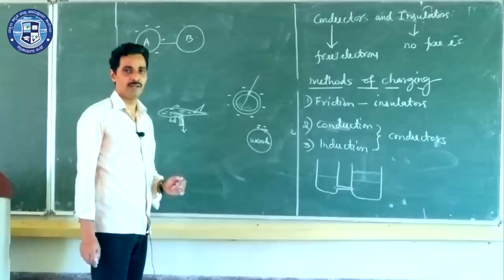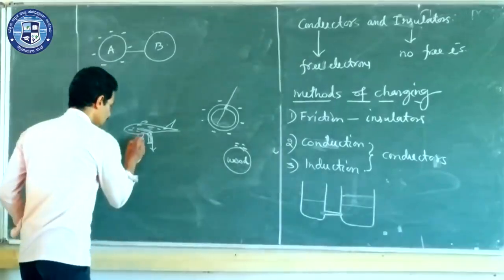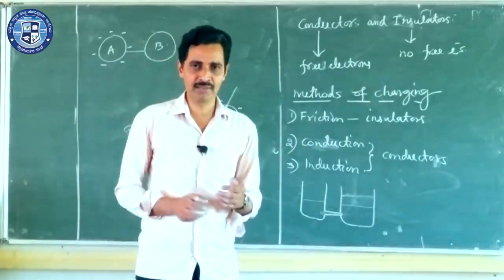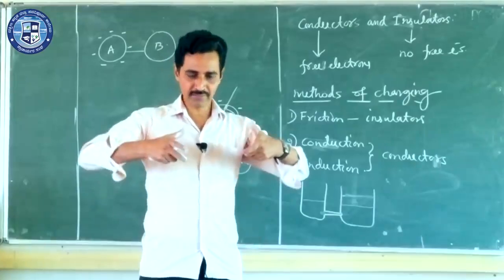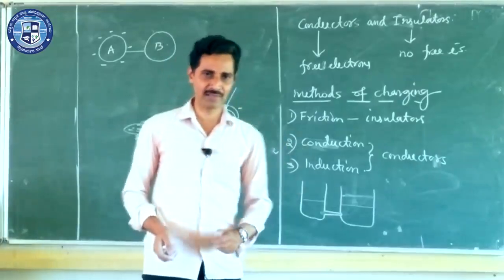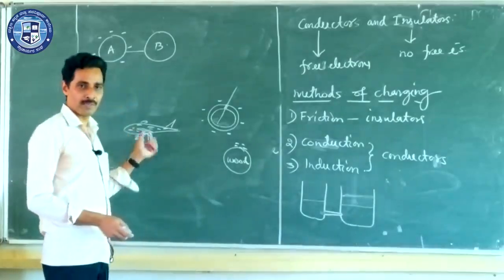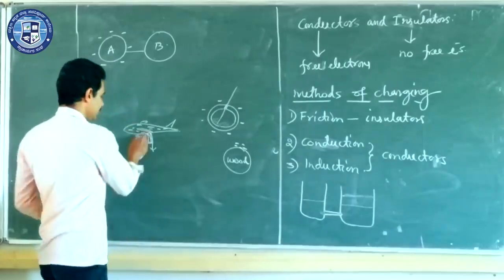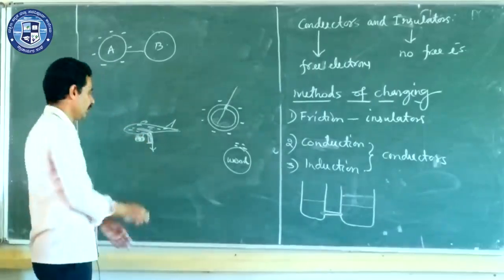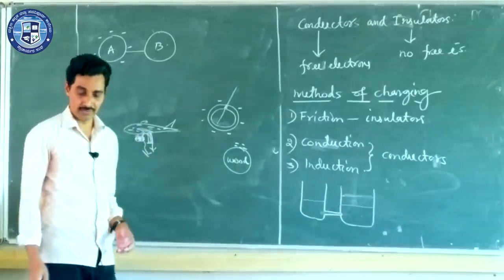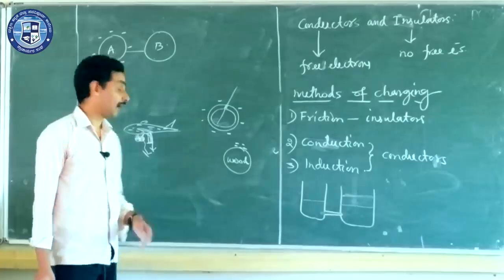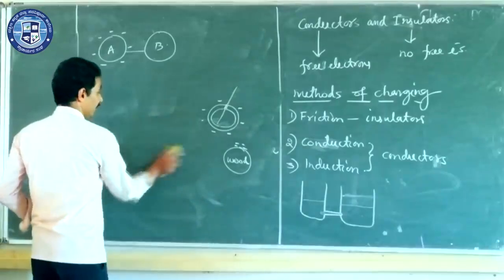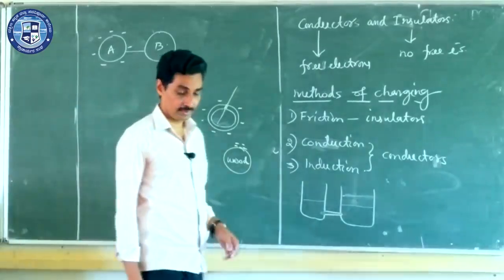So how to avoid this? People have avoided this by using wheels which are not only made up of rubber or something non-conductor. It is also mixed with a small amount of metal. So wheels of the aeroplane are also made up of some conducting material, so that the body of the aeroplane is charged because of friction as it moves through the dry air, and as soon as it gets landed, this conducting material touches the ground and all the charges flow to the ground. So it is earthed, and you are safe inside now, and even after landing the charges will not be there in the aeroplane, and you can get down very safely. So this method is very important.